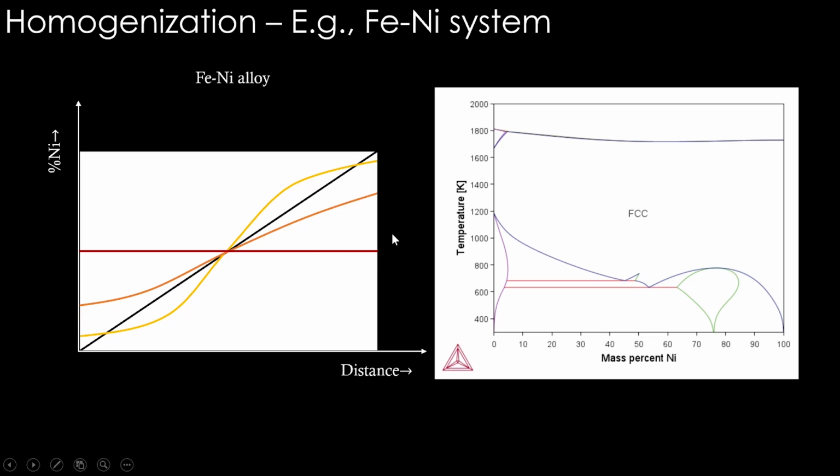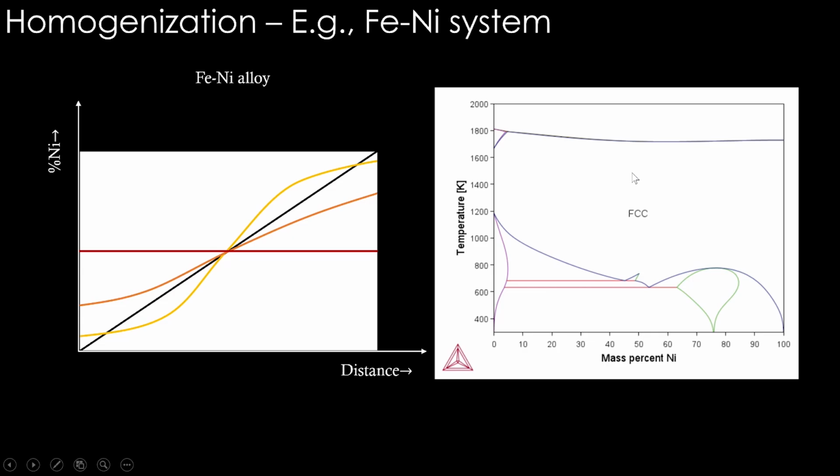I show the phase diagram again to you. You see 1473 somewhere here, and at that temperature from left to right, it is all single phase FCC. Okay, I am labeling only that phase here. So it is all single phase FCC. Since in FCC we have this composition variation all the way from 0 nickel somewhere in this left extreme here, and up to 50 nickel to the middle of the diagram. You can see if you have this much variation in concentration of nickel, it's eventually going to become uniform, and this diagram permits it because it's all FCC, right?